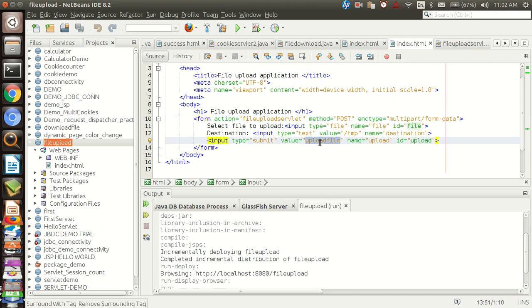Then we need one text box field for uploading a file. So its type should be file. You can give the name and id as different, but your type should be file. And then for the destination we also require a text box, that type is a text box field only, but when we need to upload a file, that type should be file. Then one submit button is required. When the user clicks on this, the user will get the file uploaded message.